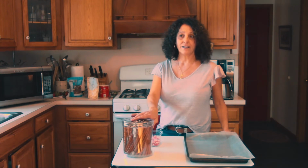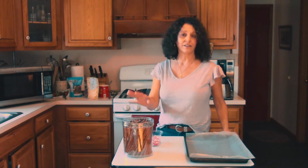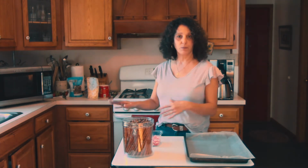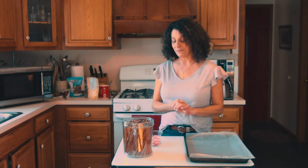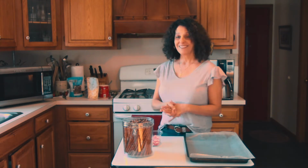This is an easy thing to make and delicious and always a big hit whenever you bring it to somebody's house. So we'll just let that microwave go for a minute, and I'll let you know that we are offering